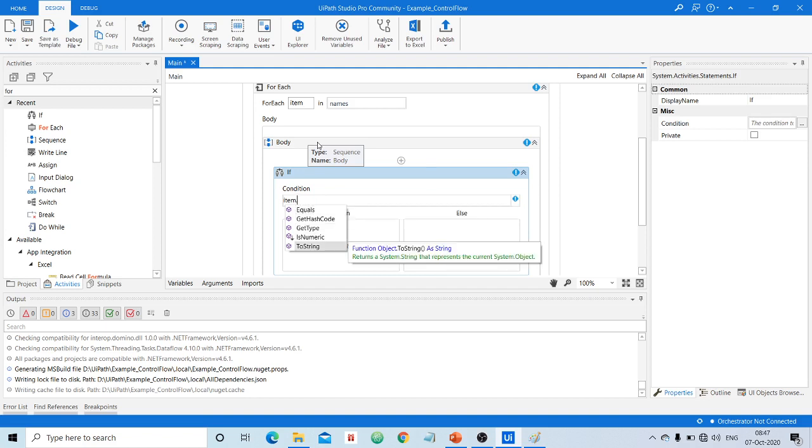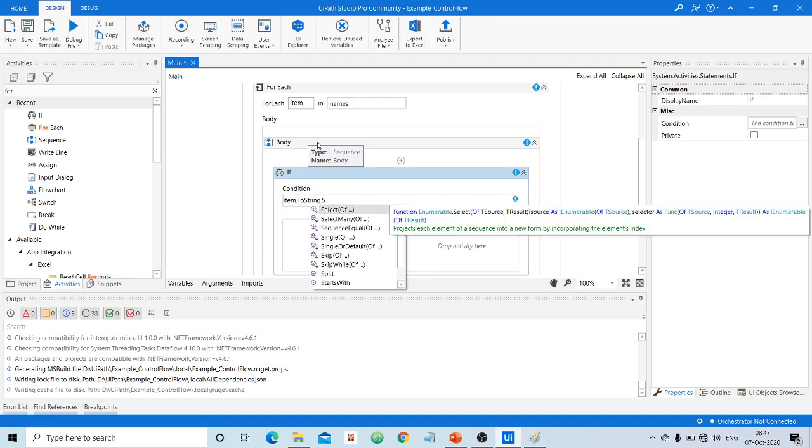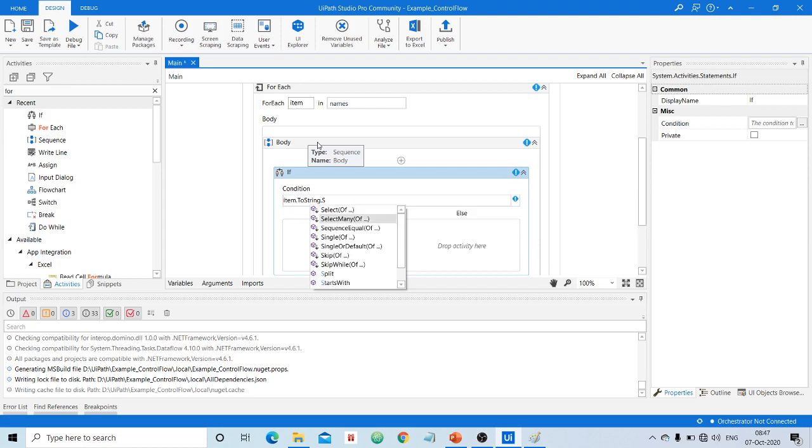ToString is already a string. We shall see. First convert it to string so that you get the method called StartsWith. Can you see here, StartsWith, which is a library method.